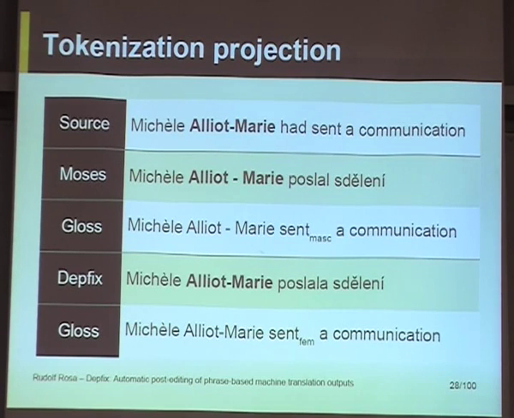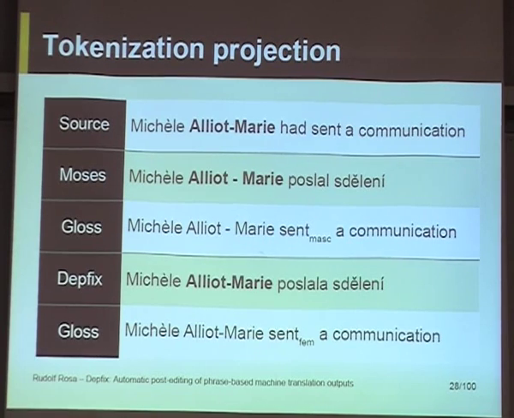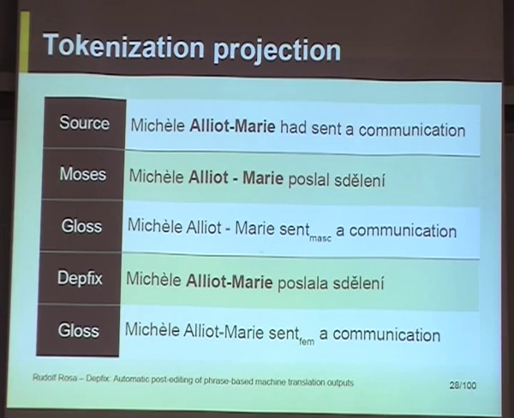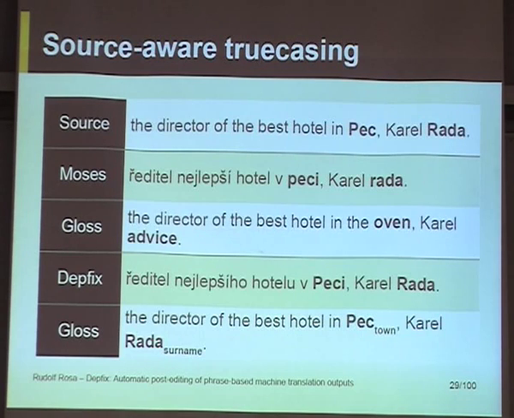An interesting thing is that when we evaluate DEPFIX with the standard machine translation metrics, such as the BLEU score, this is actually the correction that boosts the score the most, because BLEU is very sensitive to different tokenizations. So when I report some improvements, maybe 1/3 of the improvement in the automatic score is by this very simple rule, which actually does not improve the output very much. So an idea is that you shouldn't trust these automatic metrics so much.